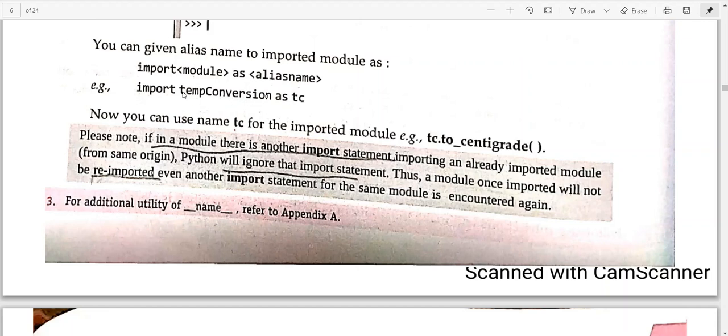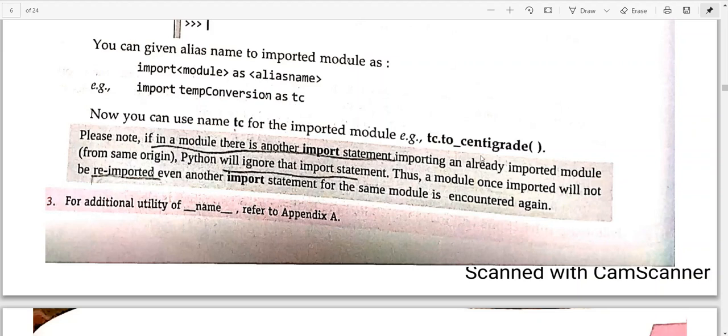Every time we are not required to write this temp conversion, so initially we will write import temp conversion as TC. So it will import temp conversion, but now we have renamed it TC. Okay, so in this way we can rename a particular module, but this renaming is for that particular file only. This has not been done permanently, this is for this particular file only. In this file, whenever we will be using temp conversion, we will write TC and it will accept it.